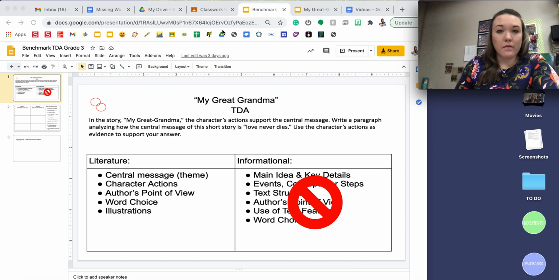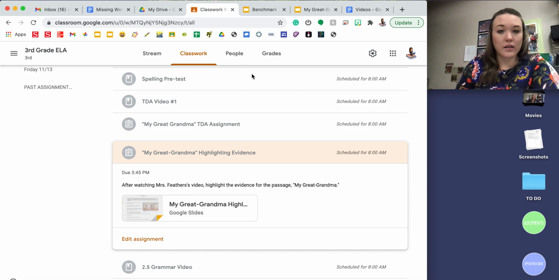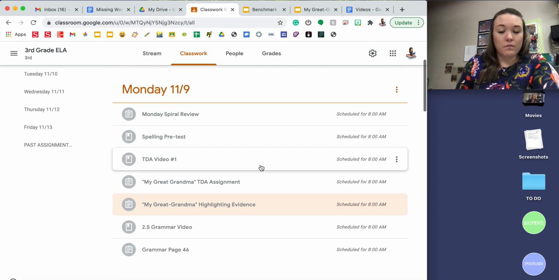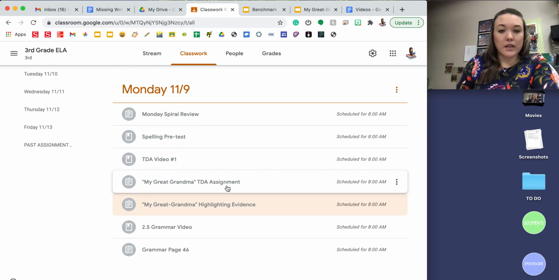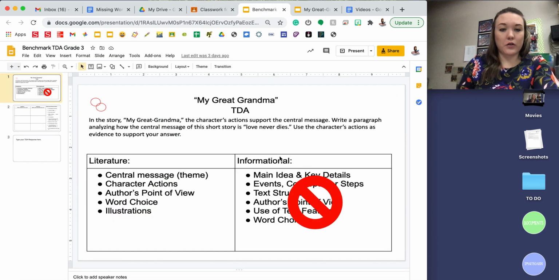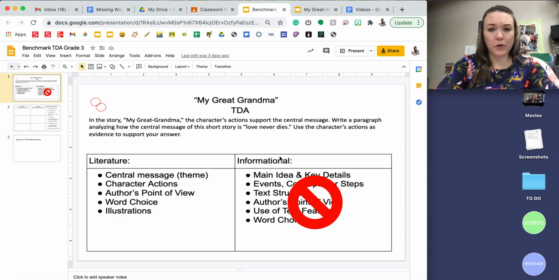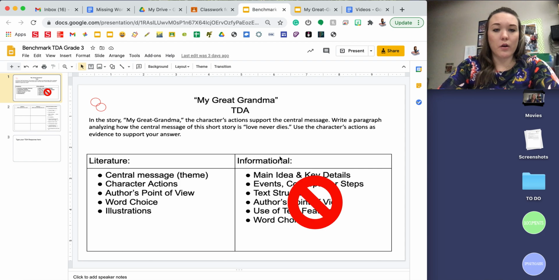Under Monday, I'm going to show you on classwork. You'll see My Great Grandma TDA assignment and My Great Grandma highlighting evidence. This is the first one. So if you would like to do this with me, open up the first one, and we are going to